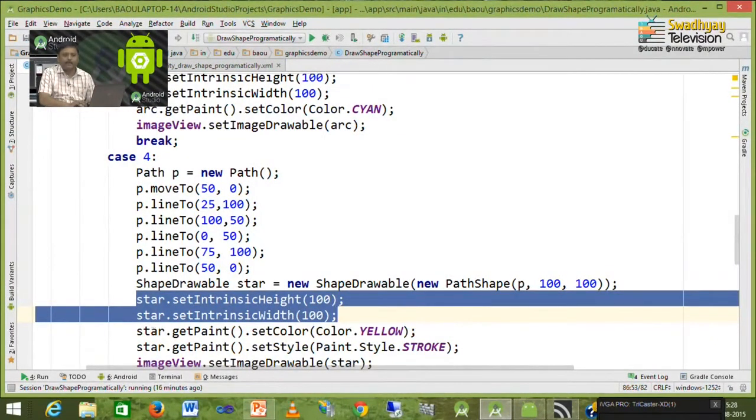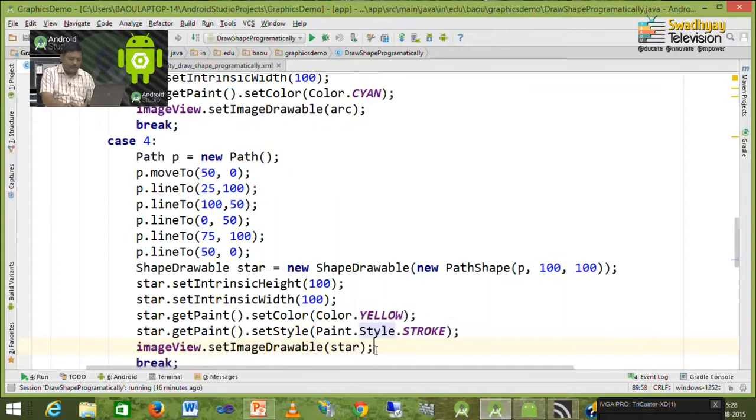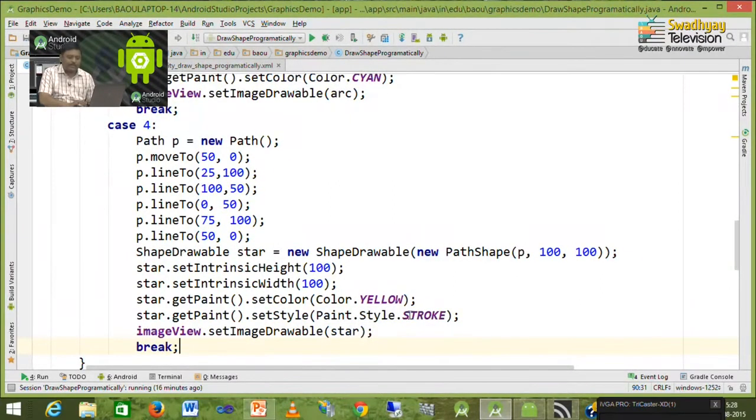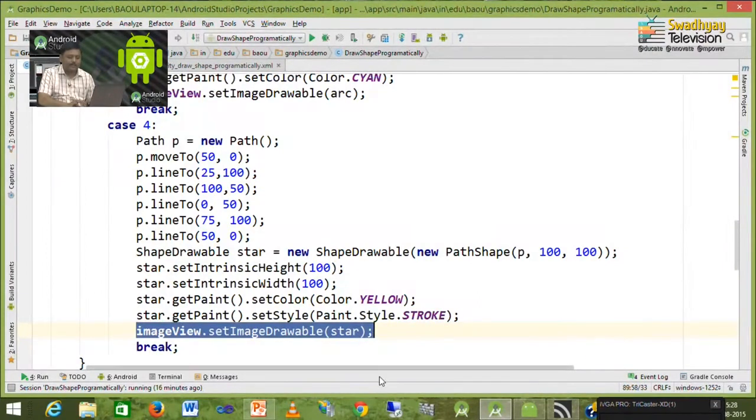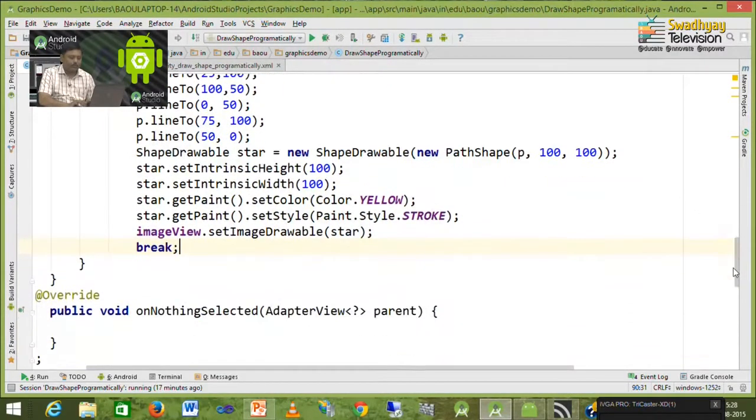We set its color to yellow and we set its style to stroke. That means, we want to draw line without breaking, and finally, we fetch these star inside image view. So, this is how we can draw path.